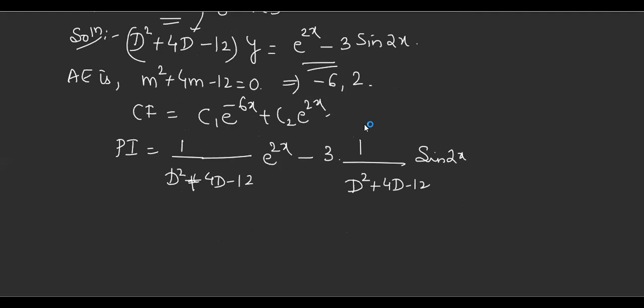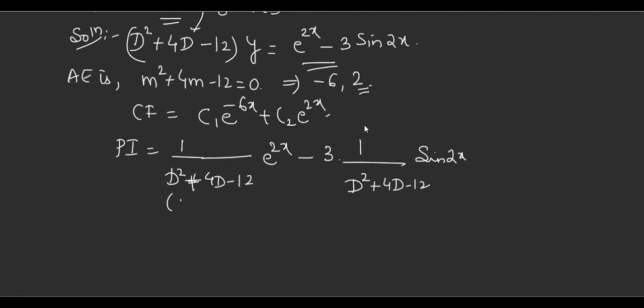Now just see here. Carefully we'll do it. Here, this is e raised to 2x. Means it belongs to which case? Because we are aware of 2 cases, 1 and 2. This belongs to which case? First case. What does the first case say? You have to replace D by the coefficient of x, right? Yes. What is the coefficient of x? It is 2. So if I replace it, is it going to become 0? 100% it will become 0. Why? Because 2 is a root. You can check it. Is it 0?